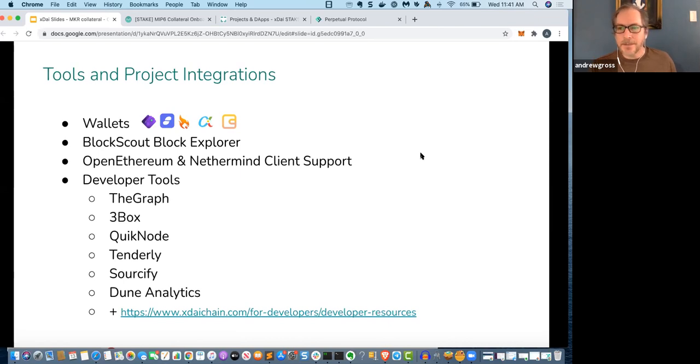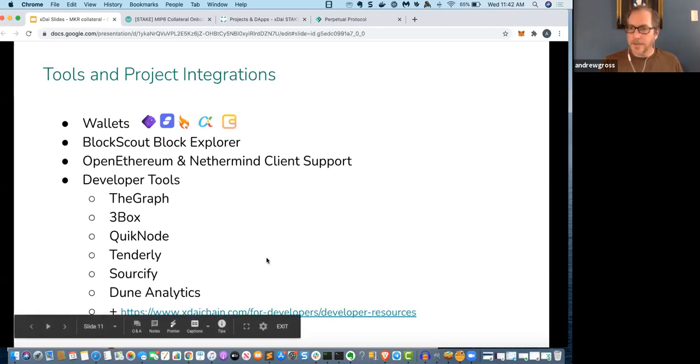So one thing that makes xDAI really attractive to developers is not only just the integrations that we have, but also the tools that are available. A developer can easily migrate their application just by changing a few parameters and then use the same tools that they're used to. There's plenty of wallets to use. As Igor mentioned, we have client support from both Open Ethereum and Nethermind, as well as the tools that people would expect to be able to use. We actually just have a recent integration with Dune Analytics, and we're putting out a cool dashboard on our different